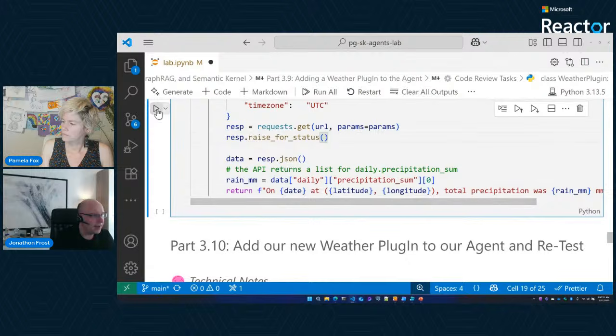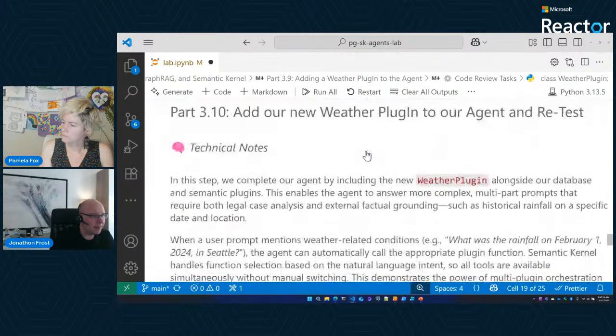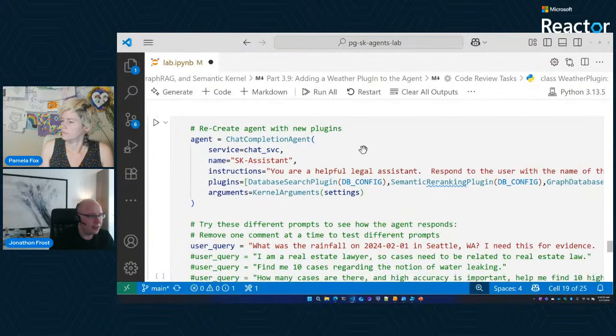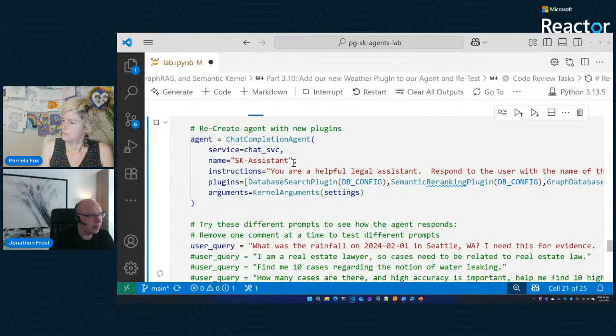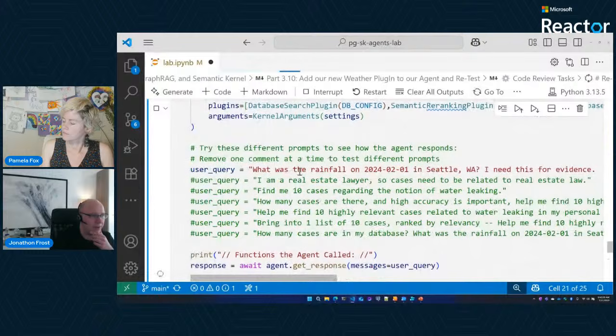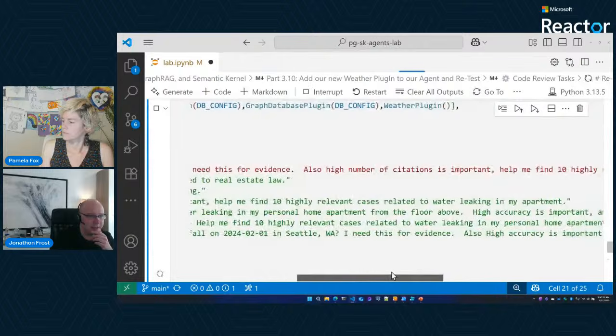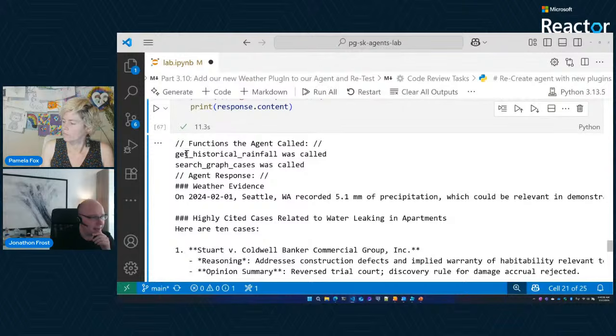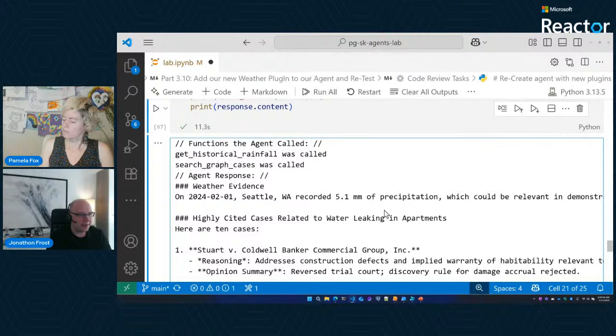And so now that we have this, we can run it, and we can look at reassembling our agent one more time, as well as look at our prompts. So I'm going to click go to reassemble our agent, and you'll see that we asked what was the rainfall on this date in Seattle. I need this for evidence. I'm also asking about citations and cases. And so we can see that the historical rainfall tool was called, the search graph cases tool was called, and it says on this date in Seattle there was 5.1 millimeters of precipitation, which could be relevant in demonstrating